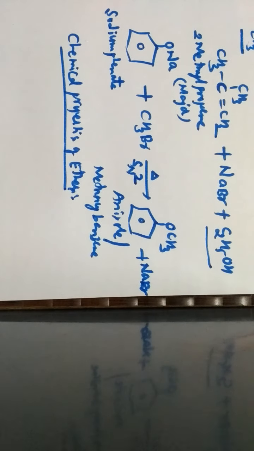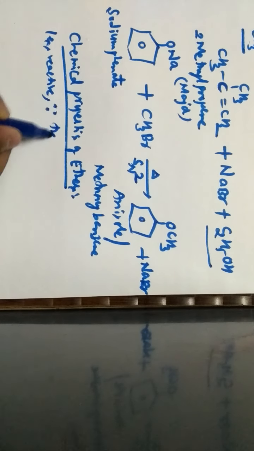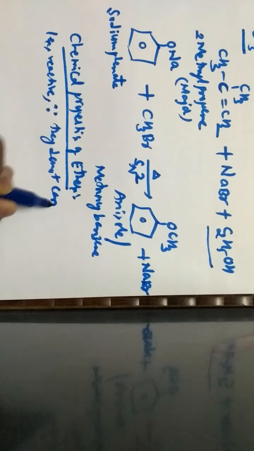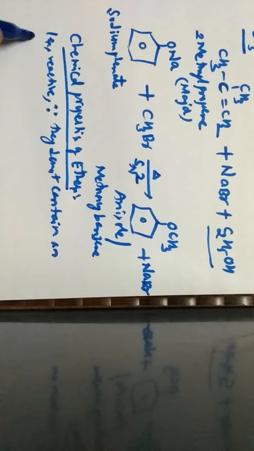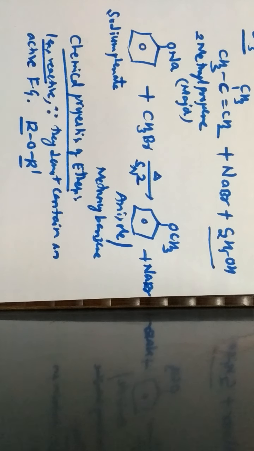are less reactive. You should know the reason. The ethers are less reactive because they do not contain an active functional group. Now a question comes, what is this active functional group? Since ethers are represented by ROR', on both sides there is an attachment of either alkyl or aryl, where this functional group is not directly involved in the reaction. Hence we say that ethers do not contain an active functional group. Due to this reason, these ethers are less reactive.